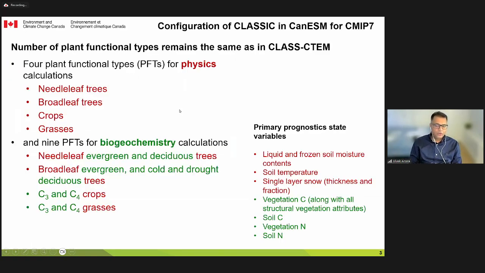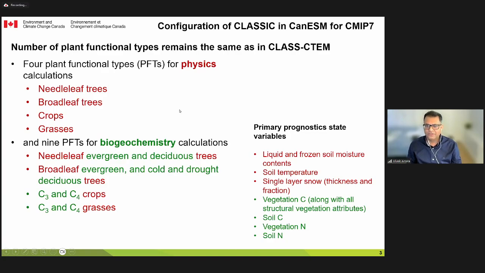Okay, so the number of plant functional types in Classic remains the same as in Class CTEM. For physics, it has 4 vegetation types or plant functional types: needle leaf trees, broadleaf trees, crops, and grasses. For biogeochemistry, you have to divide these into their evergreen and deciduous versions, because you need to know when you are photosynthesizing. And crops and grasses are divided into their C3 and C4 variants, which are 2 different ways